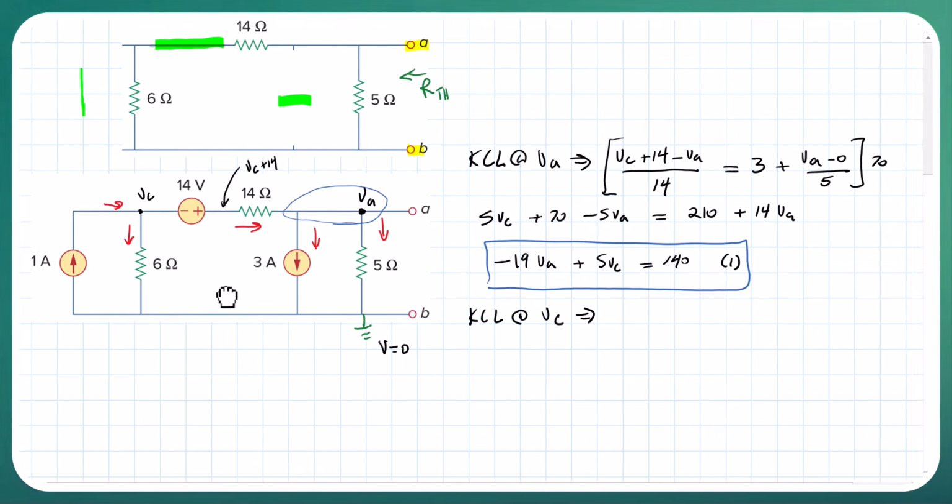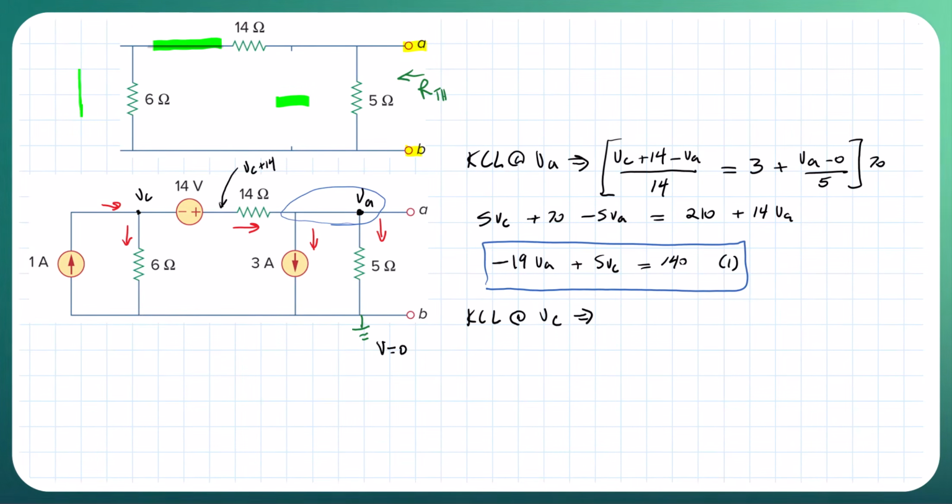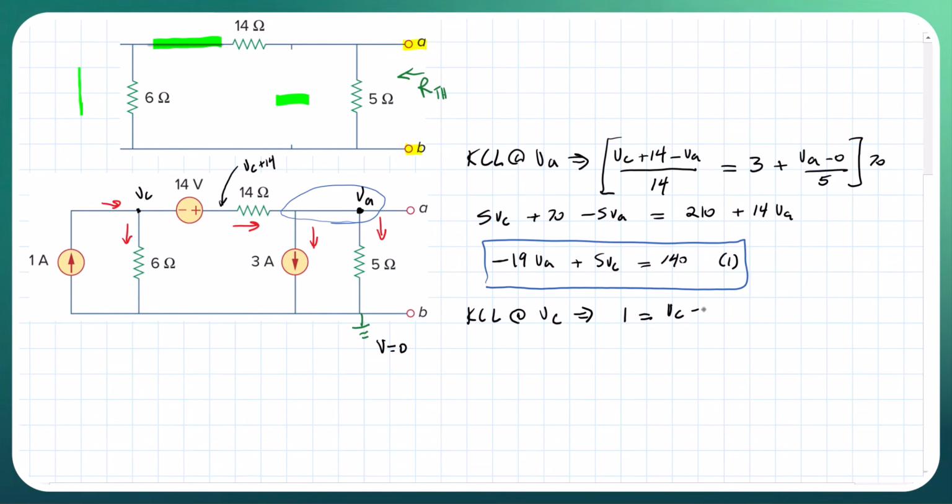So if you look at it, we have 1 amp going in, which is equal to VC minus 0 over 6, plus